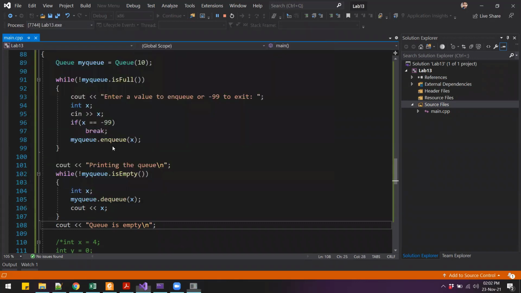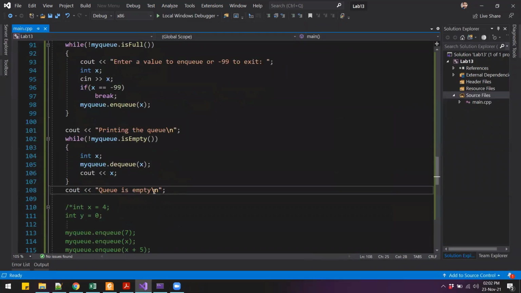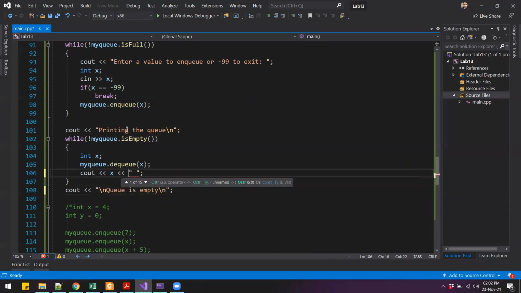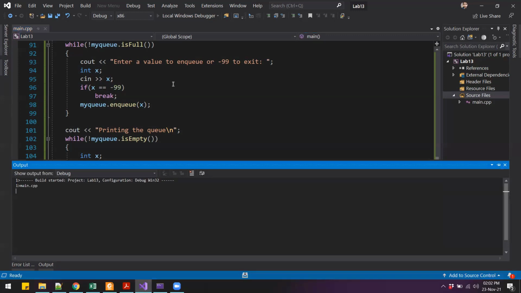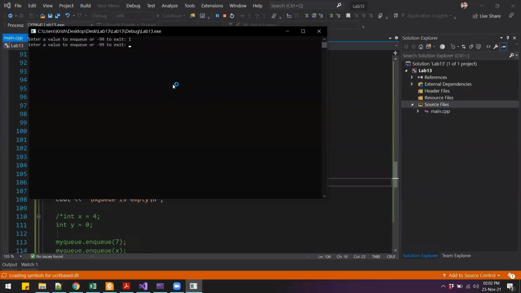It's a bit difficult to read, so I can just put some empty spaces over here, right? And a new line over here. Let's try that once again. So 1, 2, 3, 4, negative 99, and we get 1, 2, 3, and 4. Right, so that's our simple queue example.